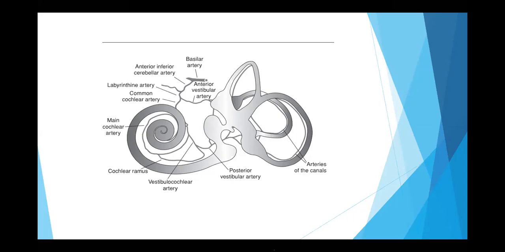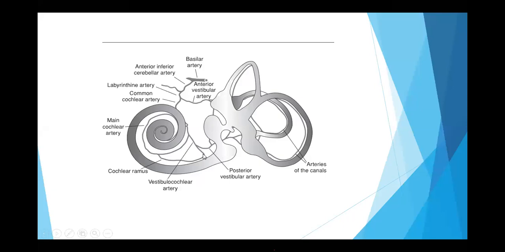Okay. So you can see pointer. Okay. From here, you have branches. We got your labyrinthine artery. From there, you got 2 divisions, this one and this one, which is your common cochlear artery and anterior vestibular artery. When it was coming downwards, you're getting 2 branches here. The one is the vestibulo-cochlear artery. Okay. And then,